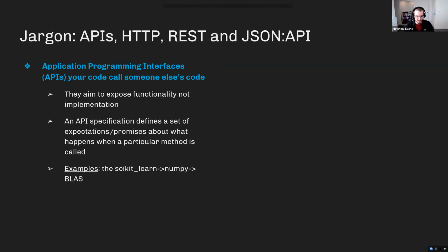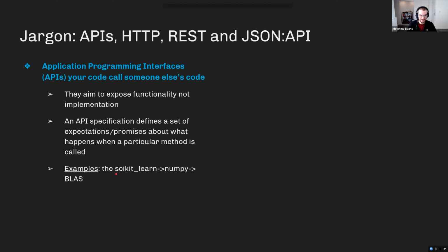One example of this kind of abstraction: you may have used some Python packages like scikit-learn. scikit-learn itself uses NumPy for array handling, and NumPy is really just a wrapper over an even older library called BLAS, which is written in a completely different programming language. It's almost incomprehensible if you actually try and read the code nowadays. But all of these layers stack on top of each other until you have this functionality of